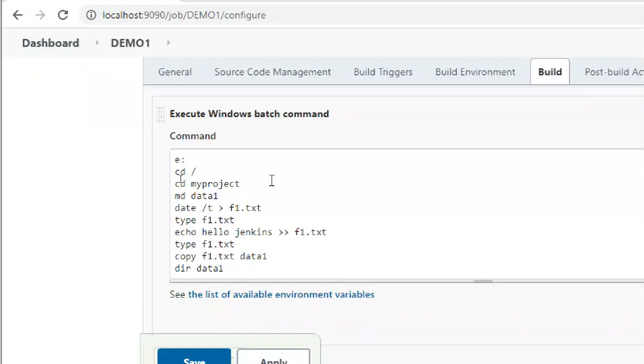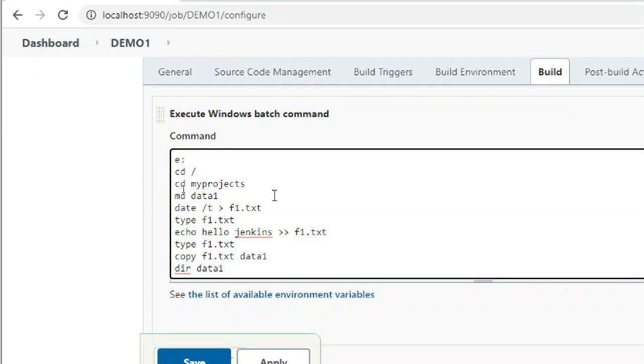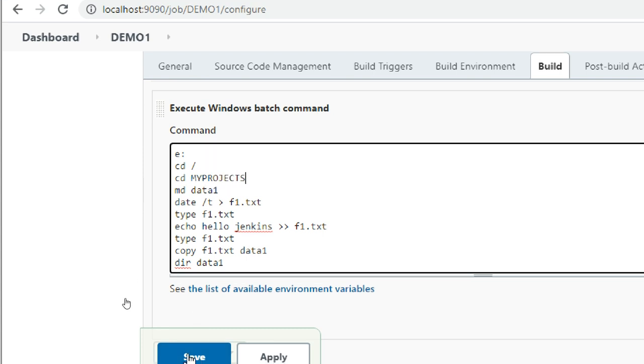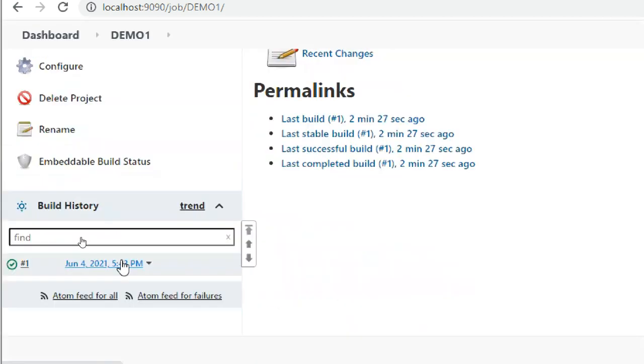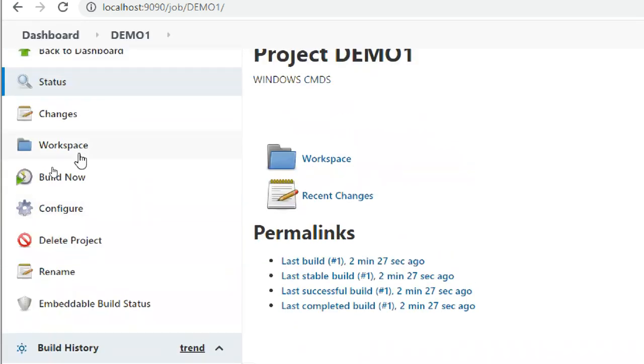Build. So click on build. So what is the mistake? Projects. I didn't give it in capital letters. Actually, I had to give it in capital letters. Okay, now I'm going to save this one. Again, build now. Already one build is completed.